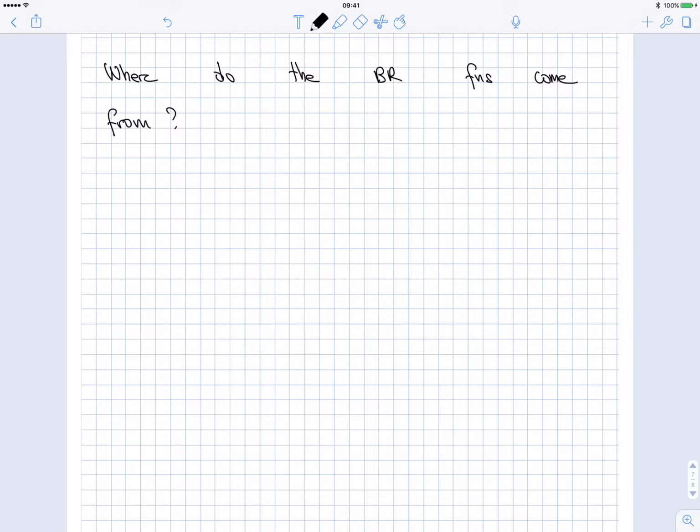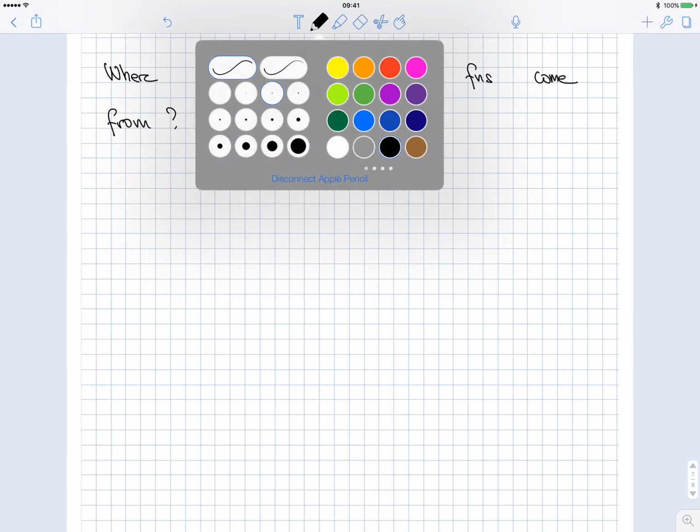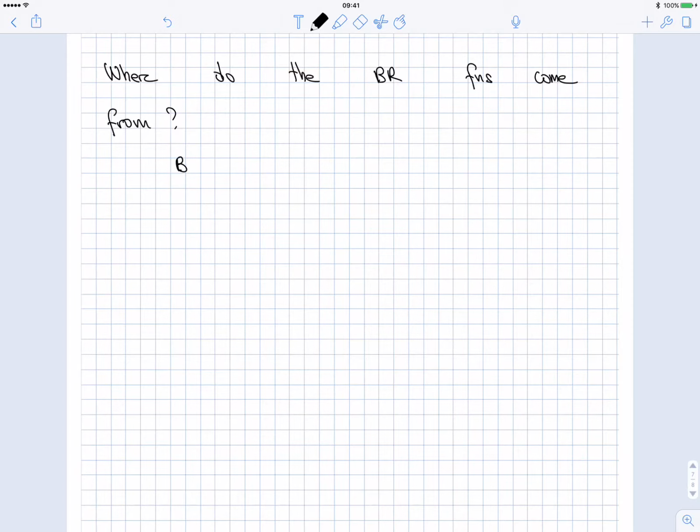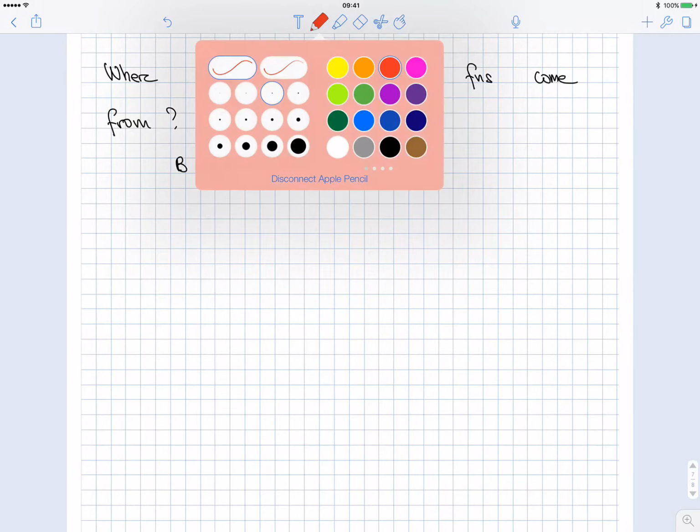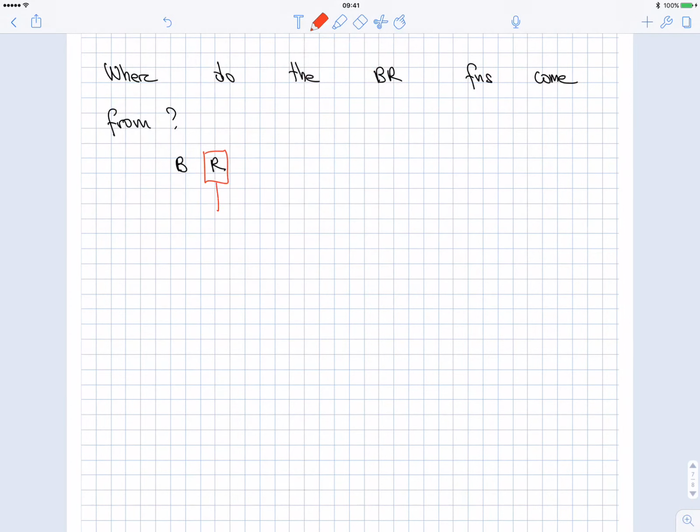I would approach this question, where do the best response functions of each firm come from? Let's start first with this idea of what is the meaning of best response. What does response mean in this particular setting of oligopoly? What one firm should price based on the other firm's price. Exactly. Response means that it's my strategic variable, which is price, as a function of my competitor's price, right?